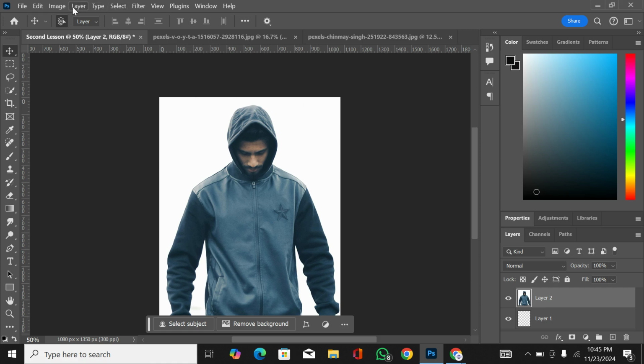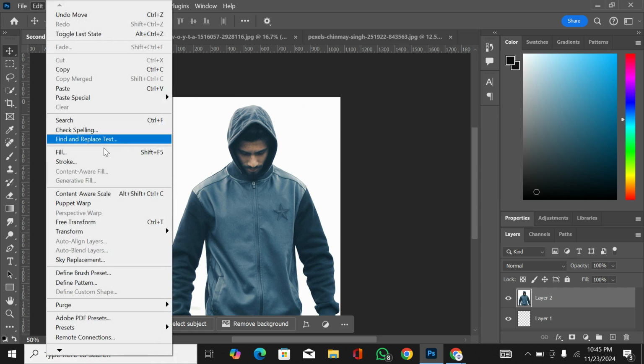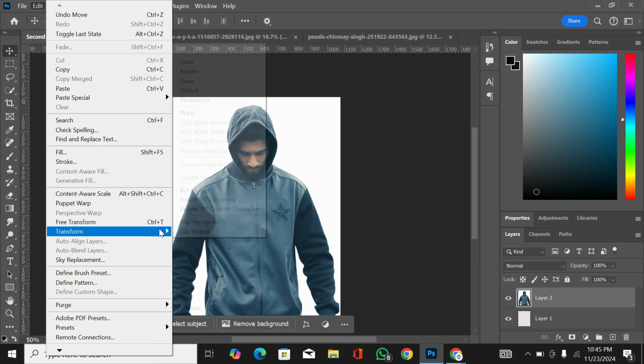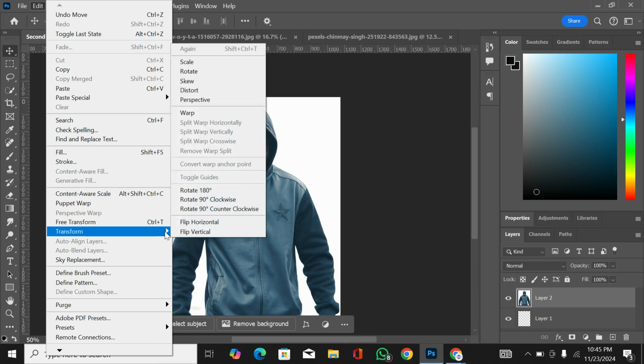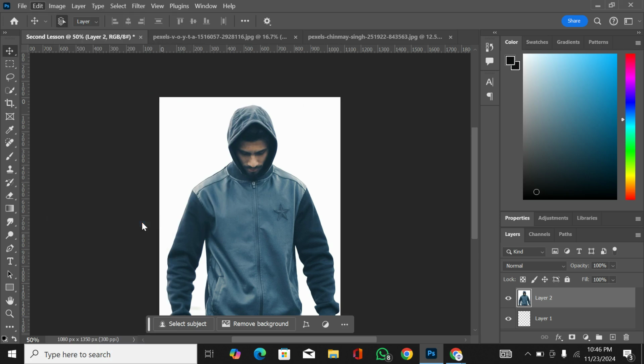So all I have to do is come here, edit, and then you see this transform here. There's free transform, which allows me to do whatever I want to do to it. There's also transform, where I can select what type of thing I want to do to it. Scale is to increase or reduce the size, basically sizing. Rotate is to rotate. Scale has its own, which you will be getting familiar with, but I don't want to confuse you with so many jargons and the rest. So we'll be using free transform for now,